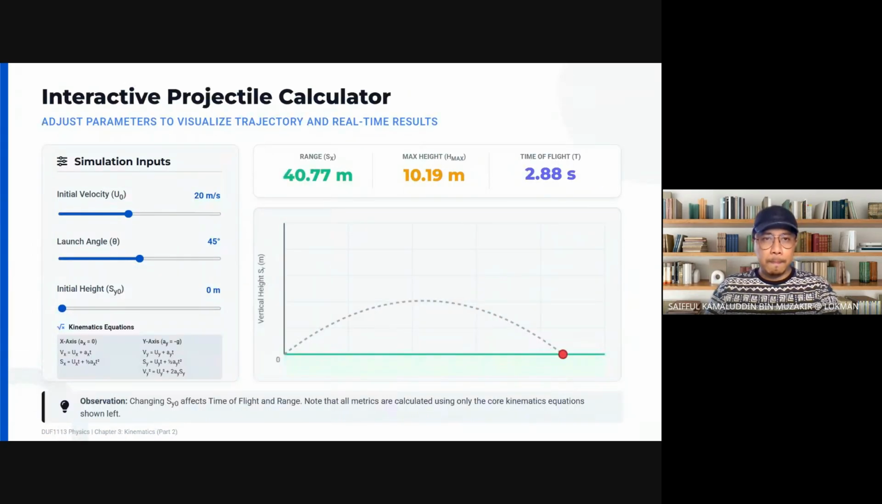Okay, now, this is also the calculator, quite similar to that of the previous slide. This is an interactive projectile calculator, but do not bring along your laptop or your phone at the test